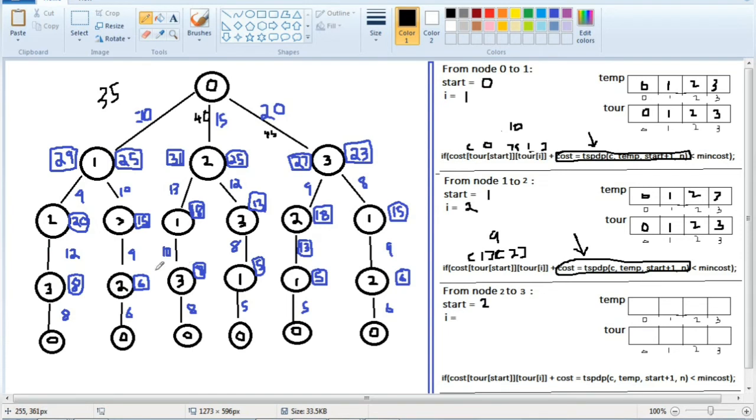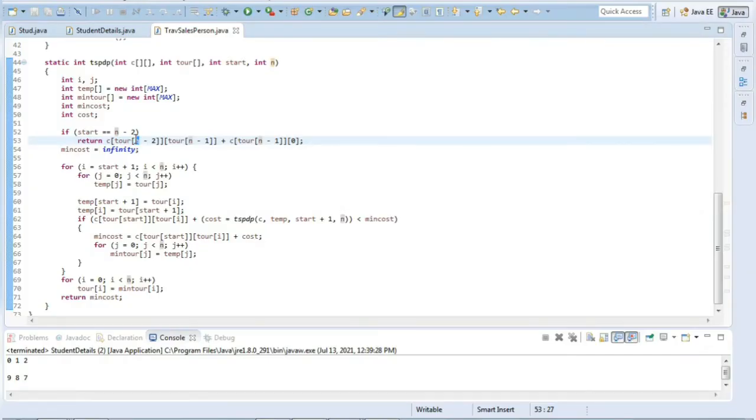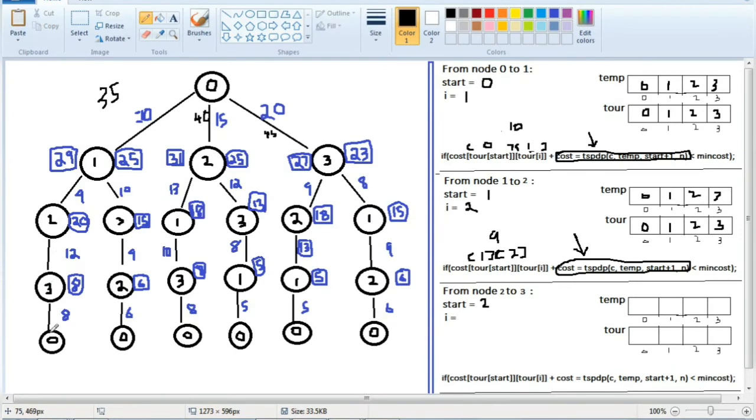See, at this point what we need is the cost till this point, right? When we call this function here, 9 plus this cost. So in this cost what we need is 2 to 3 plus 3 to 0. That's what we are returning here. Cost of n minus 2 means 2, and n minus 1 is 3. Okay, cost of 2 to 3 plus 3 to 0. That will return the same thing as this one, 2 to 3 and 3 to 0. So here what I'll return from this function is 12 plus 8, which is 20. Okay, 20 will be returned, and this 20 will be passed on to this function.